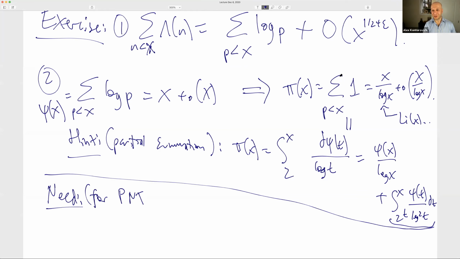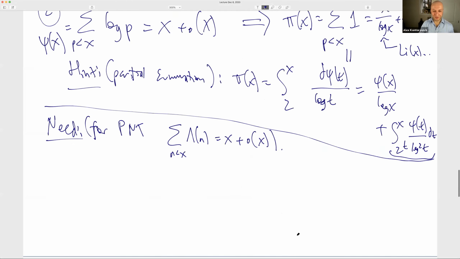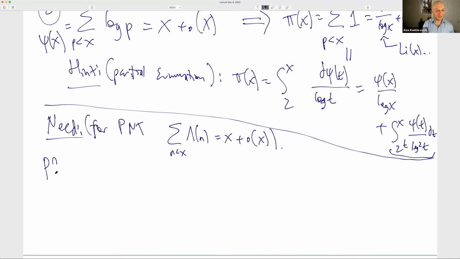which the classical formulation is like this, but really the prime number theorem should be that the sum of the von Mangoldt function is x plus little o of x. And the proof of this, I'm going to give you a quick proof if I can. We need two things. We need, first of all, that the real parts of all the zeros are strictly less